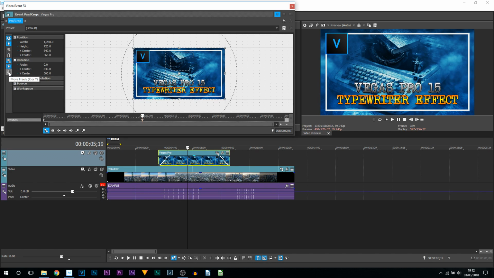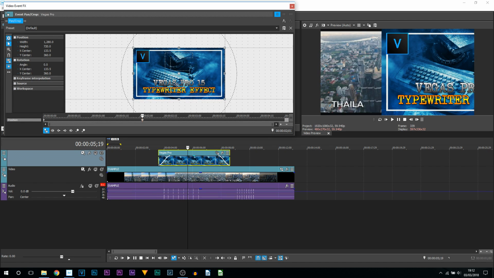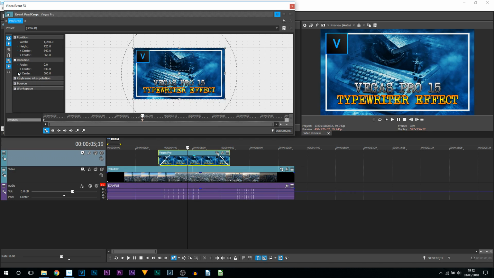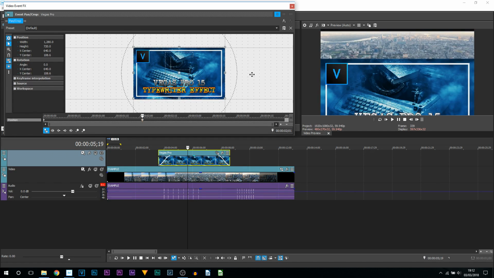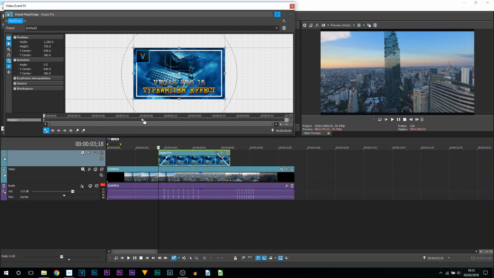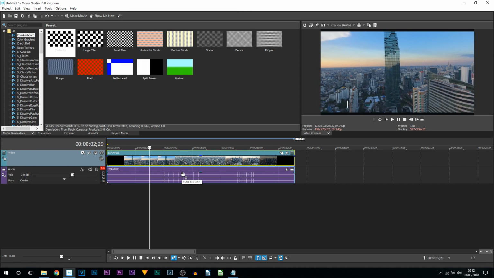And then also here we have move freely, or if we select it once, you can see now move in X only means we can only move it left or right. I can't move it up or down. And then if we select that again, we can now only move up or down. So it won't let us go anywhere else. Once again, you get control to be more precise of the width, height, etc. And then of course you can do the exact same animating I just showed you in track motion with the pan and crop. Now there's one more thing left I want to show you which I completely forgot about,